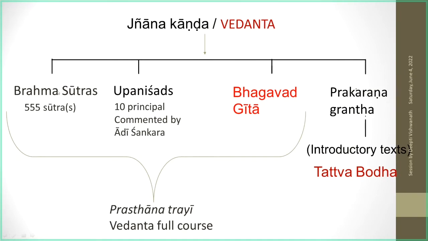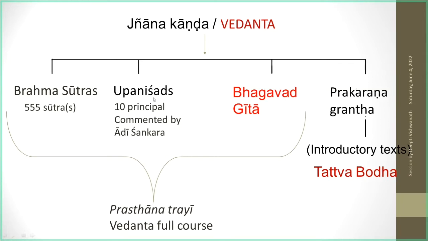We said Prasthanatrayi. First class I mentioned how it is a Prasthanatrayi. You have Brahma Sutras written by Vyasa. You have Upanishads from the Vedas. And Shankaracharya has commented on 10 Upanishads. So they become Mukhya. They are called principal, means Mukhya Upanishad. But there were thousands of Upanishads in the Vedas